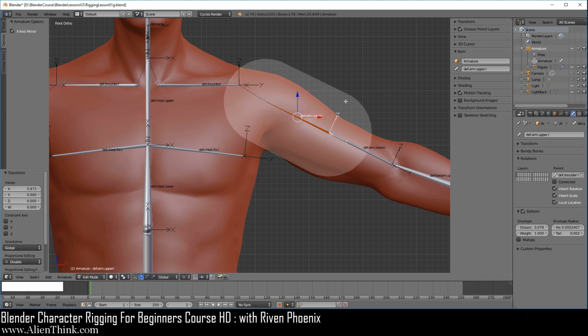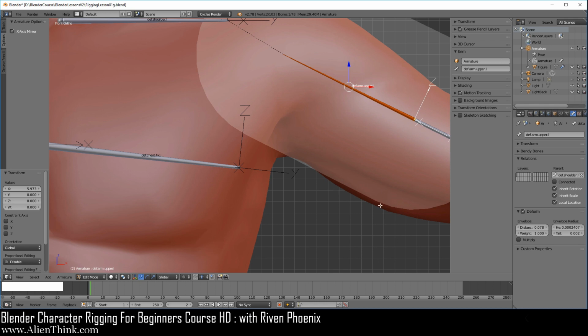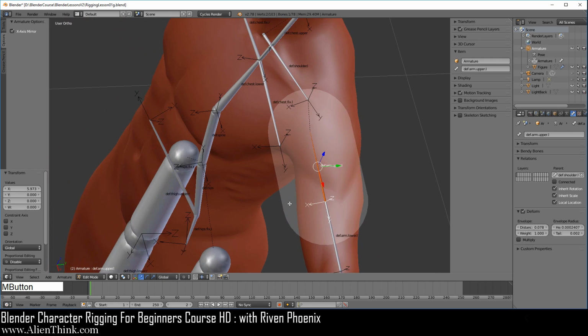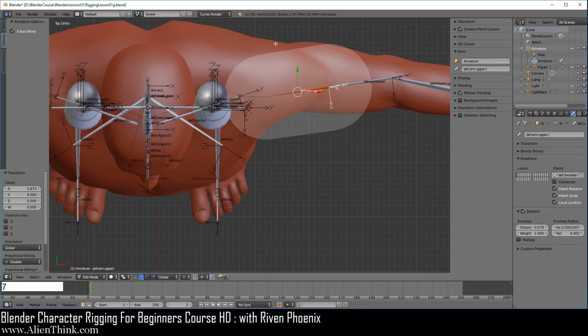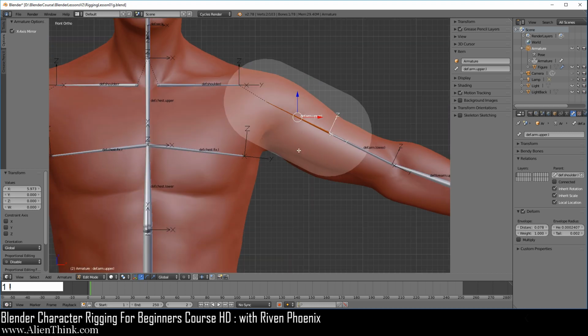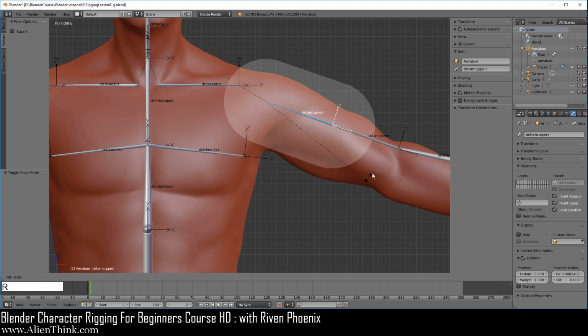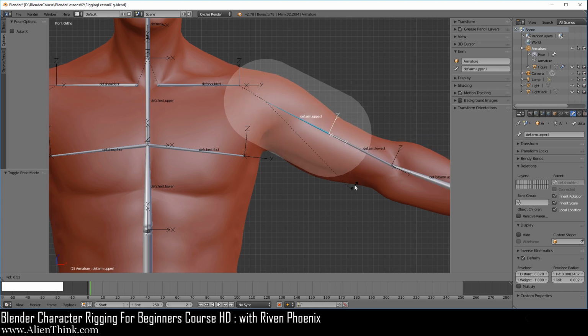Okay, now notice that this is very strict. This white space has to cover all the vertices. Notice that over here, the way I did it, I didn't even capture this bottom area. And if you use the middle mouse button and go to the top view, you can see that we're not even capturing these vertices over here. We're going to go to the front view. Now if you switch to pose mode over here and press the R key, you'll see that it's starting to capture these vertices. Do you see how difficult it is to set this up on organic models?